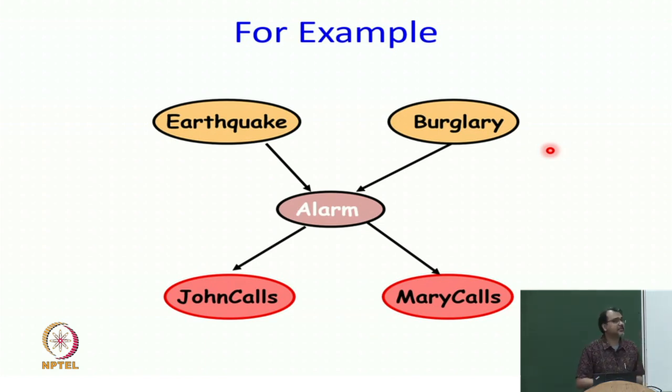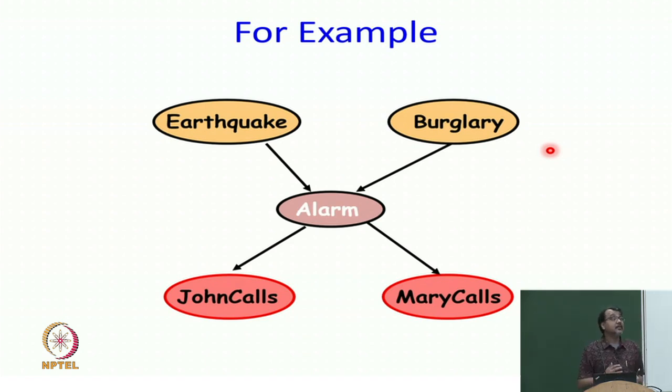Now, we again ask the same question. How does information flow from John to Mary? Let us say John called and I know about the fact that John has called. Does that change my distribution about Mary calls? Without knowing anything, if John has called, that means likely that the alarm went off, and if the alarm went off, probability increases, then Mary calling probability also increases. So, therefore, it does not have to be deterministic, but as long as you have a change in probability, it can decrease also, by the way, it is all fine.